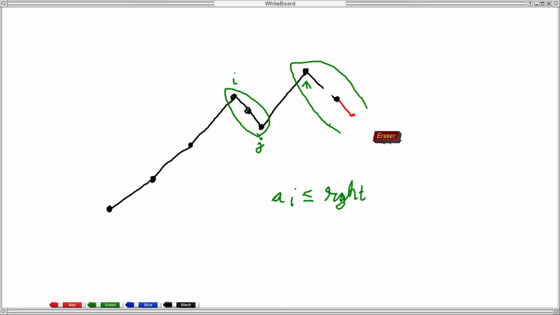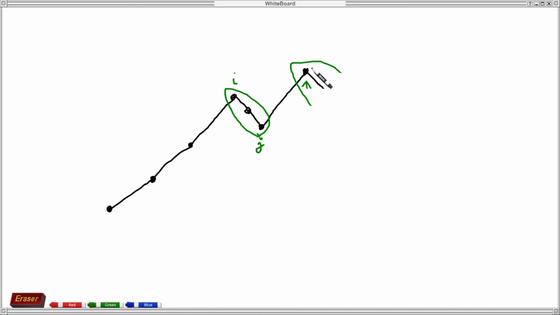But if it will be increasing and we will not check that ai should be less than or equal to right, then we will continue by seeing the increasing segment and not check for the previous value. This will make our solution wrong.